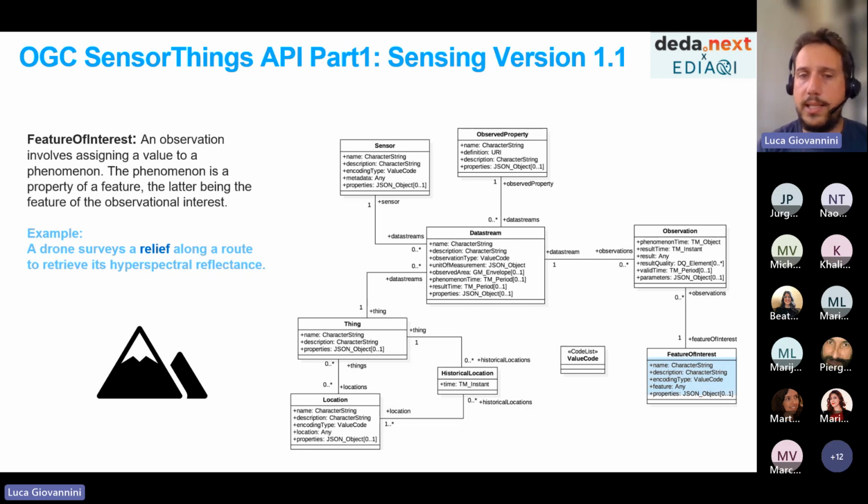Its orbit is the location. It's a location that changes in time, but it's the location of the thing that hosts the sensor, and that's the orbit, while the feature of interest is the surface of the Earth. So they are two different things in general. And that's valid also for the drone. The location of the drone is its route, so somewhere up in the air, while the feature of interest is again the surface down below the drone.